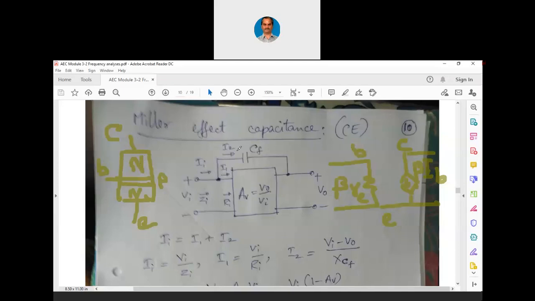And it is already time now. In today's class, I will not discuss much about Miller effect capacitance. In the next class, I will discuss in detail about Miller effect capacitance. Miller is the name of a scientist who mathematically arrived at a methodology to find out the capacitance which is connecting input and output. You can see in this diagram, input is base, output is collector, emitter is grounded.